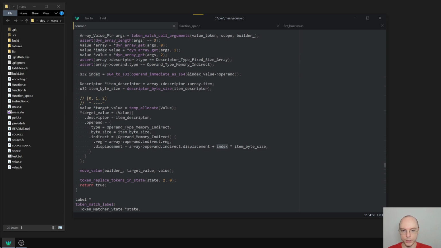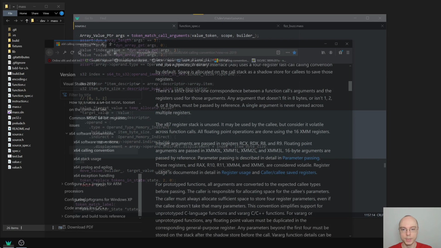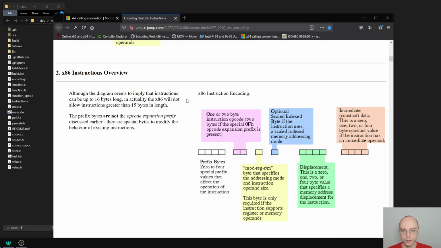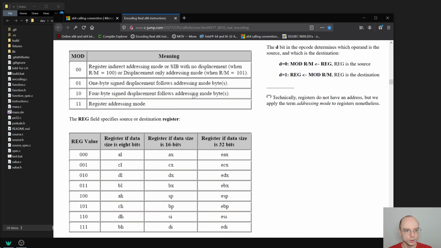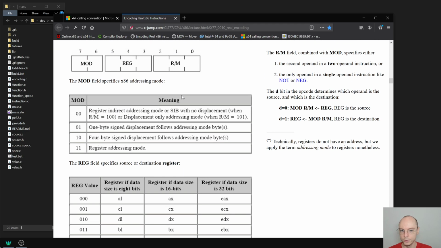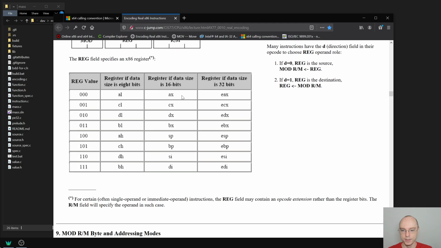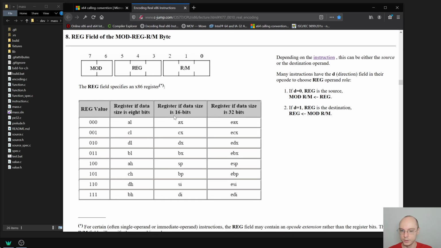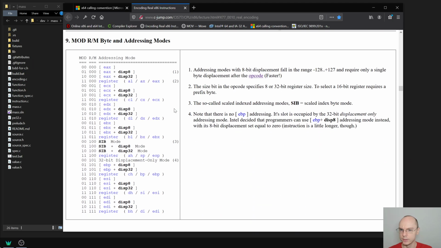And there is actually a way to represent the index in such a way that this is still a single memory operand. And this is where SIB encoding comes into play. So let's actually refresh our memory. Sorry for the change from dark to light. If you are used to the dark setup of my videos, unfortunately this website does not really have a dark theme and I don't want to mess with styles so much. Anyway,